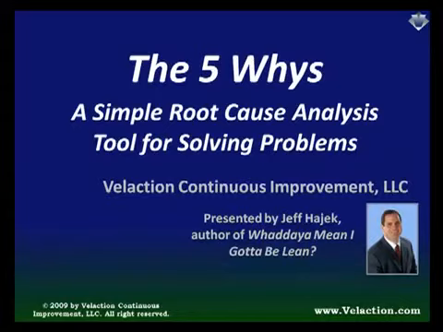Before we get started, just a few things to keep in mind. First, although this presentation uses a shop floor example, the tool is equally useful in the office. Second, if I use a term that you're not familiar with, there's a good chance you can find out more information from the Lean Dictionary on my website,